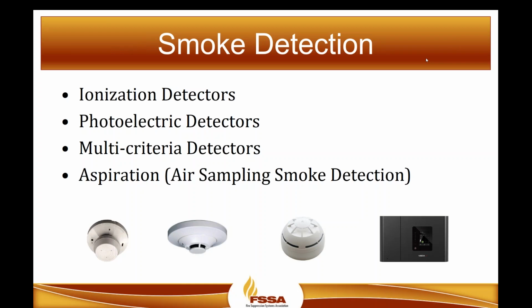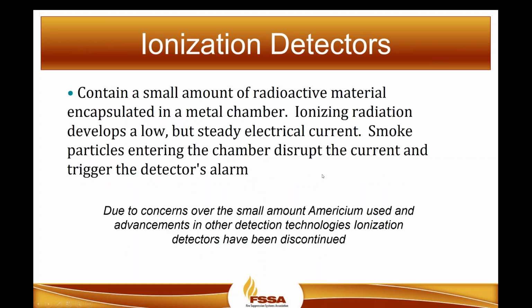One thing to note as we're talking about ionization detectors: due to concerns over the small amount of americium, or the small amount of radioactive material contained in ionization detectors, as well as advancements in other detection technologies, ionization detectors have been discontinued as system-connected devices. You still might be able to go into your local Home Depot or other type of hardware store and see a detector that might have ionization technology, but from all the major manufacturers